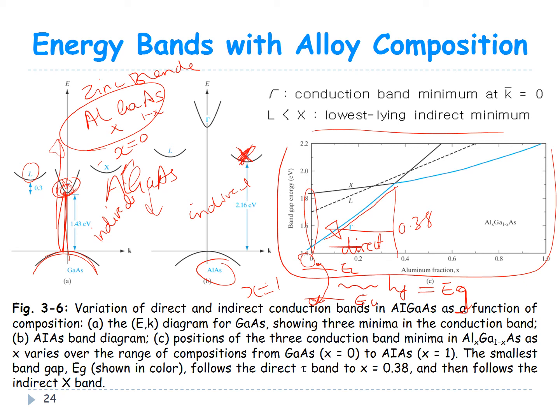But if you add more aluminium and decrease the gallium fraction, so to speak, you find that the chi now becomes the lowest of the minimas. So in that case, the semiconductor becomes indirect. So from here going there, you get an indirect